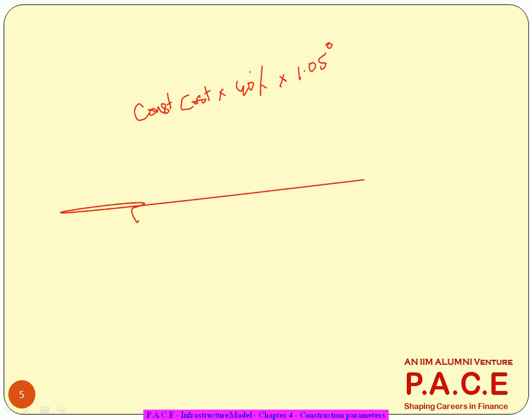it is coming out as construction cost into 40% first year into 1.05 to the power 0, which is nothing but 1. Whereas for the second year, I'll write it as 1.05 to the power